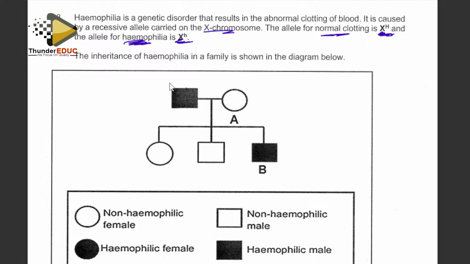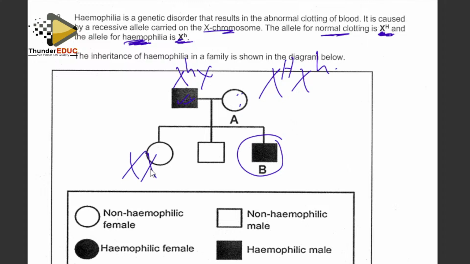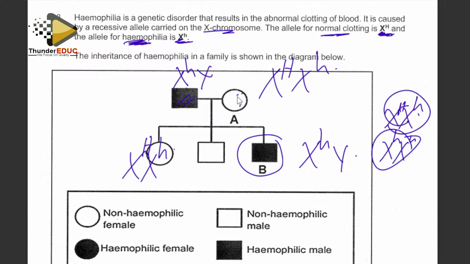Meaning that this is a male. If this is a male and is sick, therefore it is like that. This is a female who produces a kid who is sick, therefore it is going to be capital H. Because it is normal, it's going to have a small h. And because this one is sick, even this one is going to be capital H, small h. And this one obviously is going to be small h, y. Remember, y doesn't carry anything, but I saw people put x, then capital H, small h, x, small h. How can this be female and female? They can't produce the babies based on this.